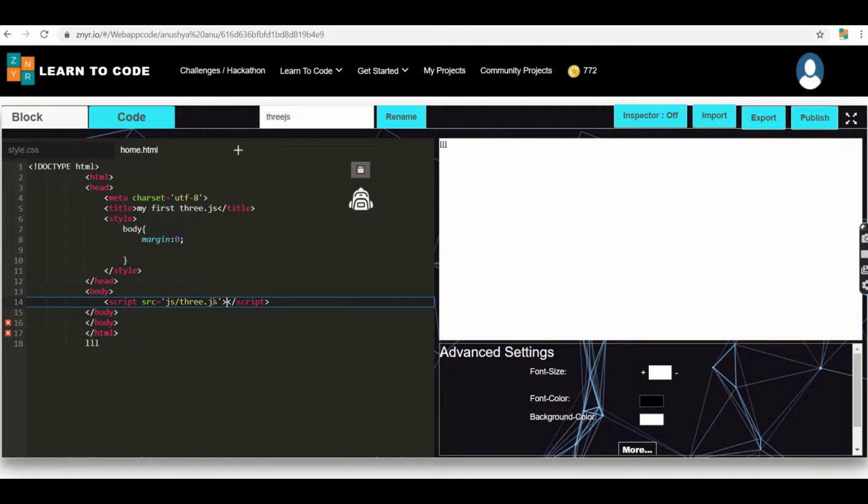We have to keep in mind, when we are creating this scene, as I mentioned, we are going to create a 3D cube which rotates on either side, like the x-axis or y-axis. For this, under the Three.js concept, we are going to use three things. One is scene, second is camera, and third one is renderer. We have to remember that the renderer is used to combine the scene with the camera. Okay, so let me explain.